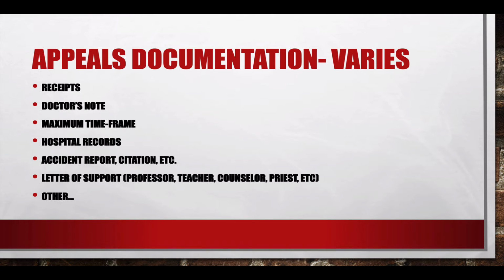The other part of this appeal is going to be submitting any kind of documents that are basically reinforcing or backing up your situation. So if your car broke down, submitting some kind of receipt would be important, whether it's a mechanic receipt, or, if you fixed it yourself, receipts for the auto parts you needed to fix your car, or maybe if your car got in an accident, whether it got fixed. If you were sick, some kind of doctor's note that you were being treated would be something else. It doesn't have to be a diagnosis, just a matter of the doctor writing that so and so was treated between this date and this date, something to support